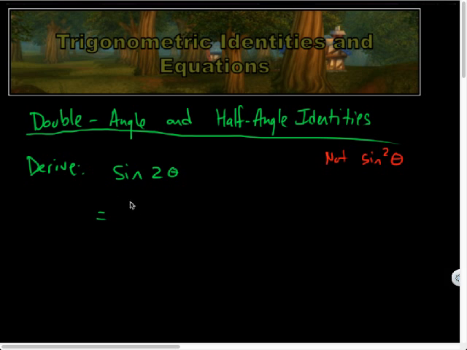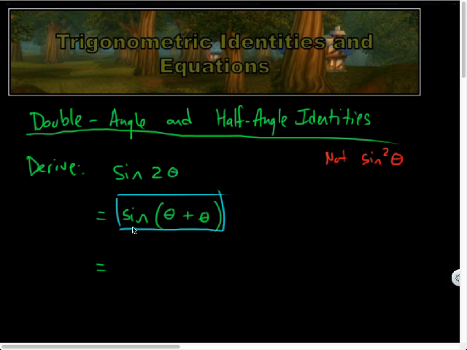So sine of 2 theta. Turns out I could derive the identity for sine of 2 theta using one of yesterday's identities. It's Friday. So sine of 2 theta is the same as what plus what, do you think? Well, sine of theta plus theta. Theta plus theta is 2 theta. Sounds right to me. Okay, and according to the trig identity for that,